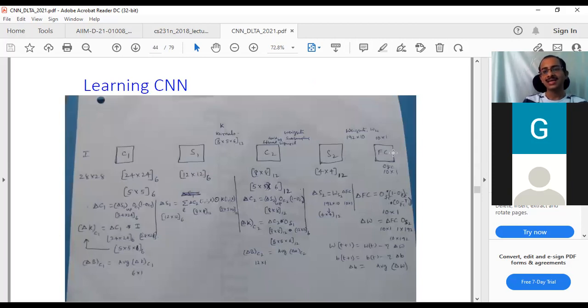This is the summary slide, giving the back propagation, assuming that the activation functions are also there in each of the layers. Fine. In the next class, we'll discuss this very briefly and move on to the next discussion on training of convolutional neural networks.